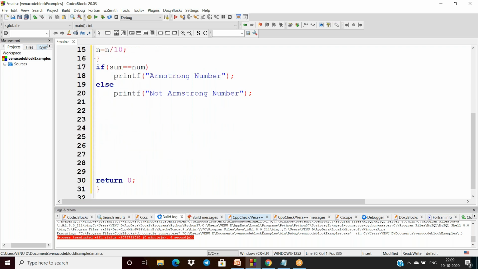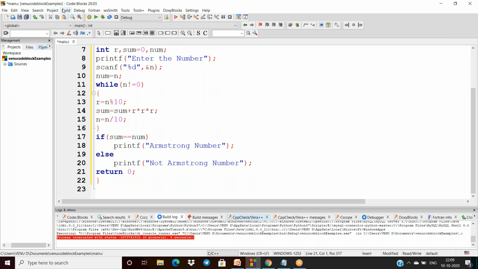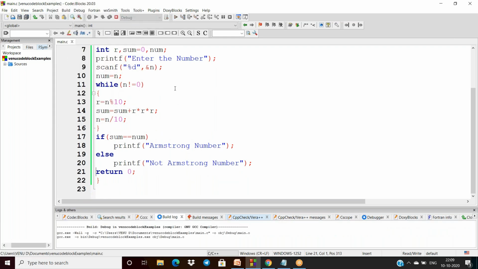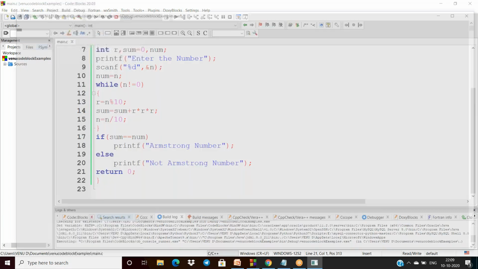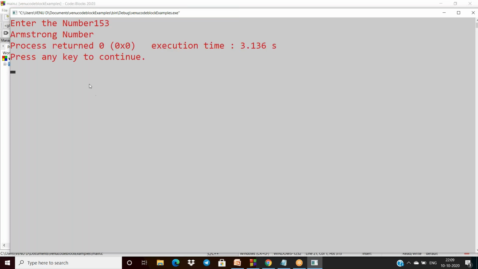Now let us compile the code first. Okay, no errors. After that I have to run the code. I'm giving input 153. Now 153 is an Armstrong number, correct.